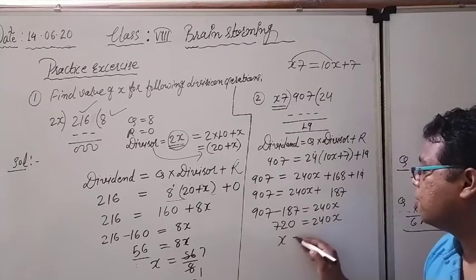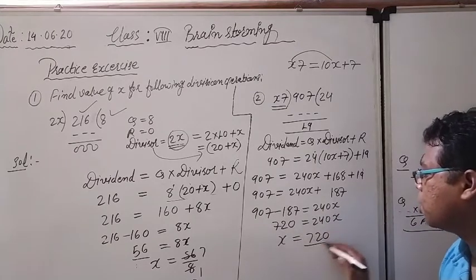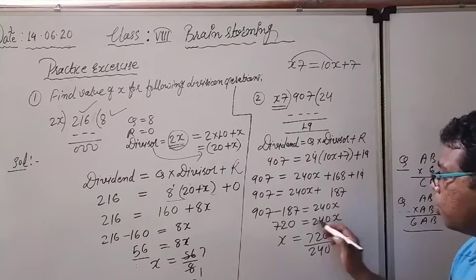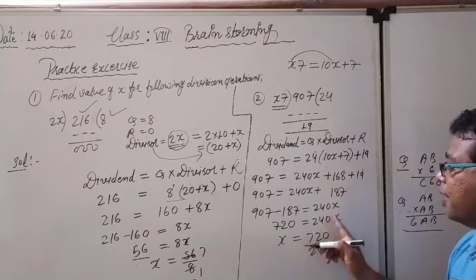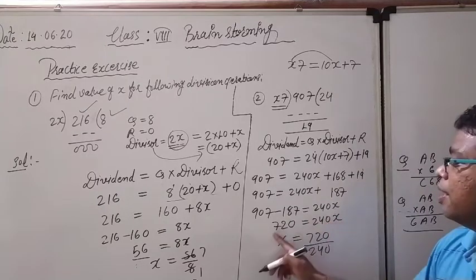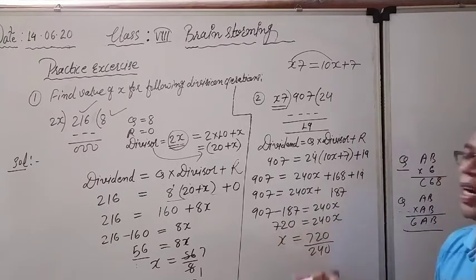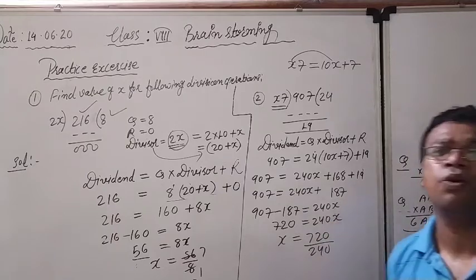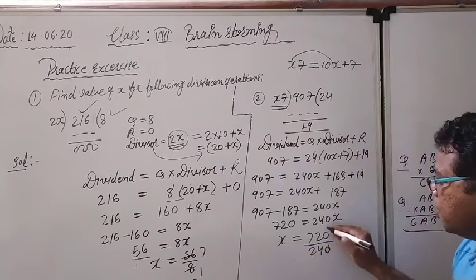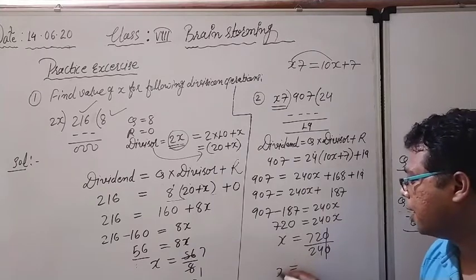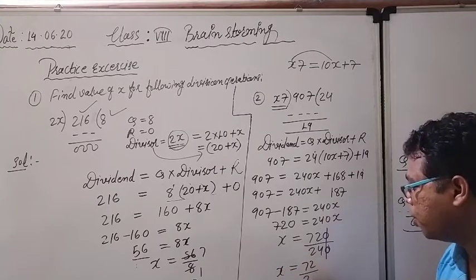Right now see, x is equal to what? 720 upon 240. Same thing I am doing. This 240 will go on the downside, because I am transferring 240, that is the coefficient of x, from the left hand side. Either left hand side or right hand side, the side I can change also according to my wish, no problem. So 240, right now see how we are going to solve it. 0 and 0 cancel. x should be equal to 72 upon 24.